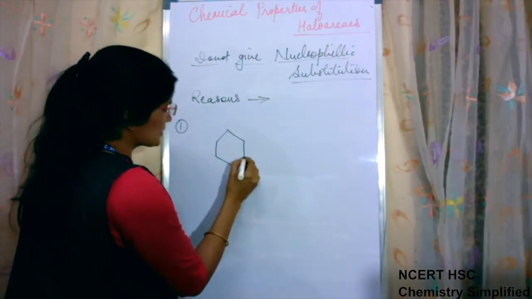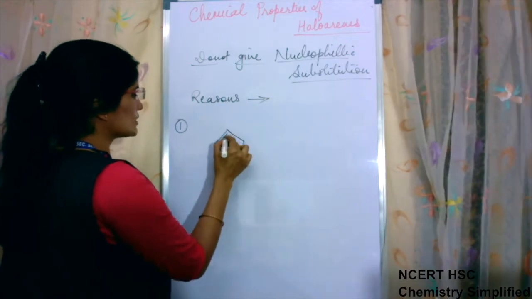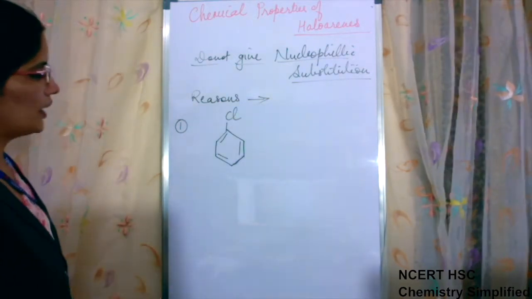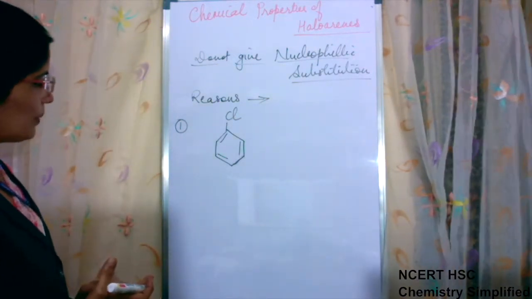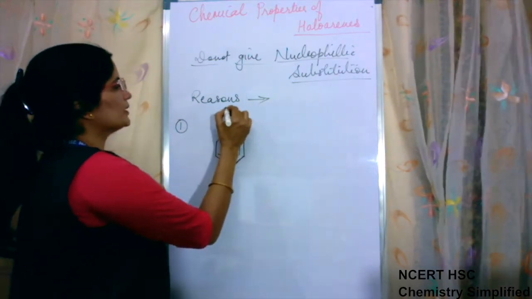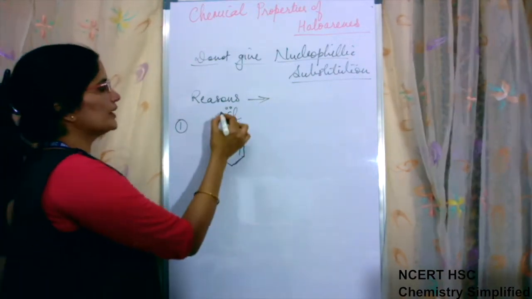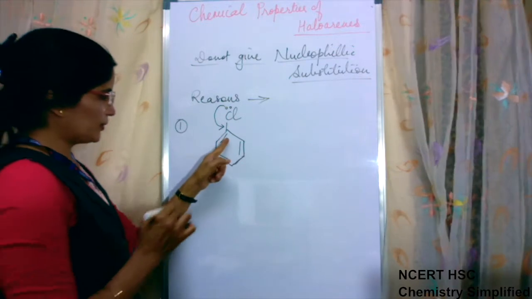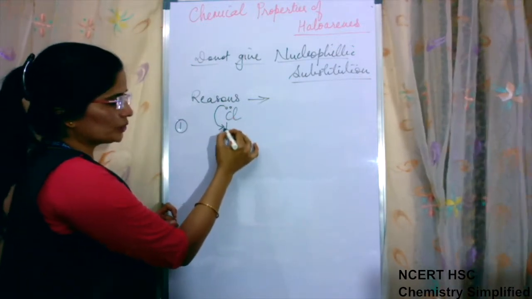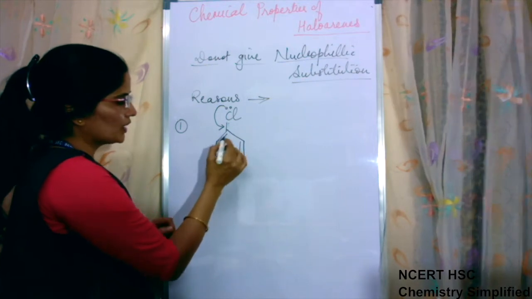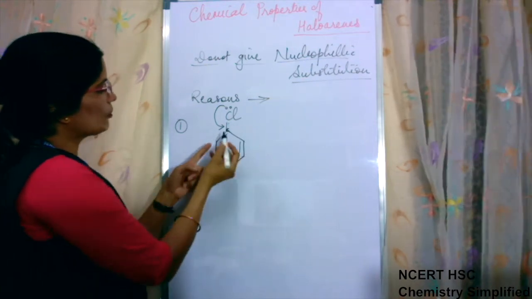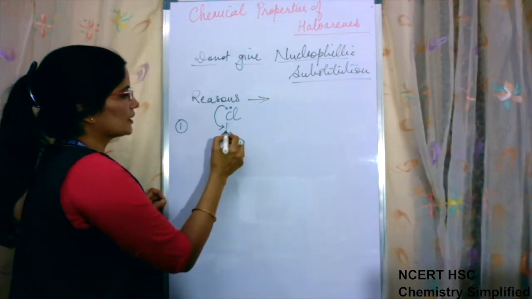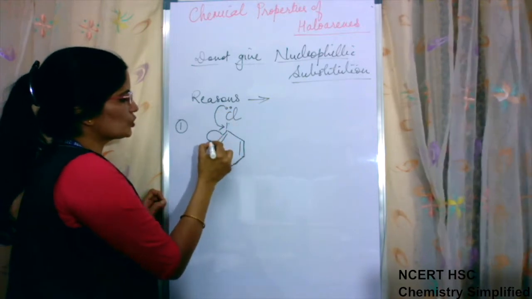So I have already discussed this point. Once again we have to discuss it, because this is a haloarene molecule, chlorobenzene we have made. Now because the chlorine atom has a lone pair of electrons, it is stabilized by resonance, giving its lone pair here, and because the lone pair is coming here, it will be converted into a double bond. When it is a double bond, then this carbon atom will have how many bonds? 1, 2, 3, 4 and 5. So to make it stable, if this is coming here, this has to go somewhere.